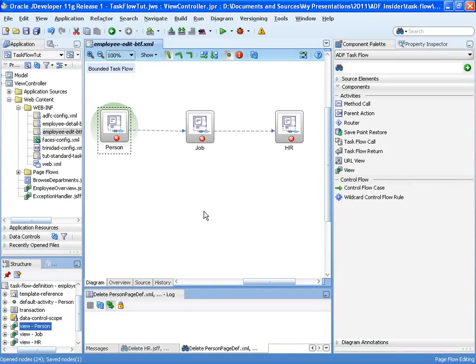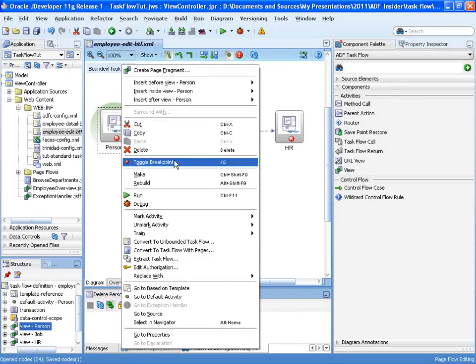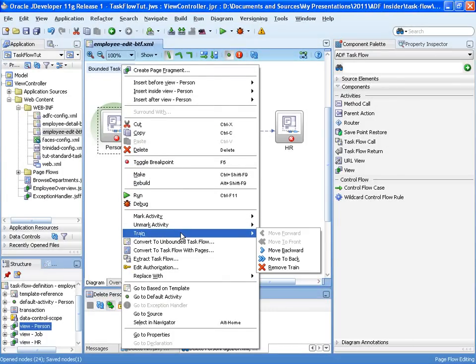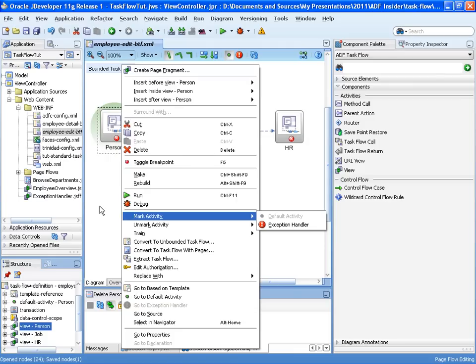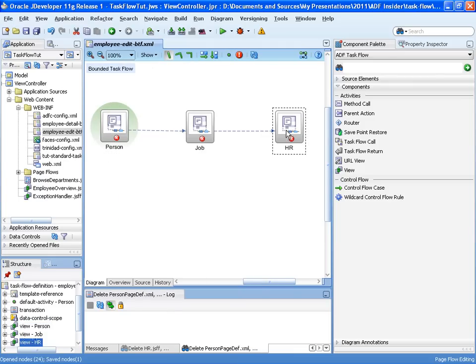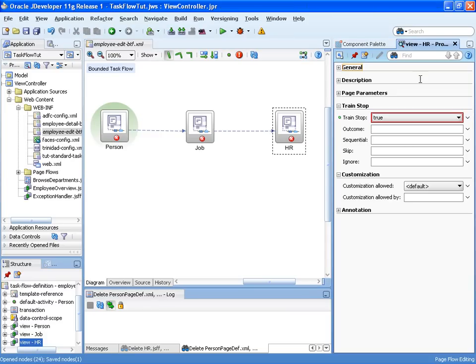If you have existing view activities on a bounded task flow, when you switch the task flow to expose the train model, then those view activities are not enabled by default as train stops. But on the view activity context menu, there's a configuration option that allows you to move a specific activity in the hierarchy of the train model, or even to remove it from the train, or to add this view activity as a train stop if it's not part of the train. Selecting one of the view activities and opening the property inspector, you see that the train stop property is set to true for all the view